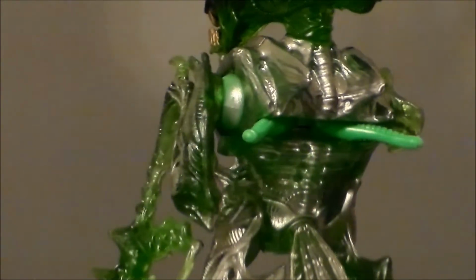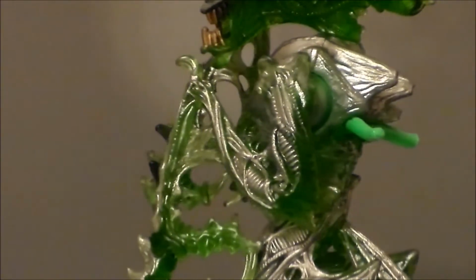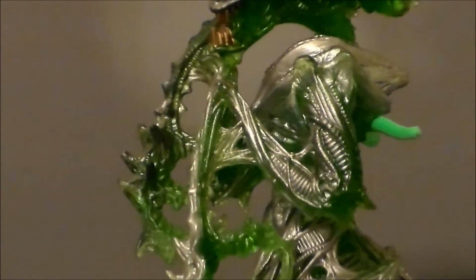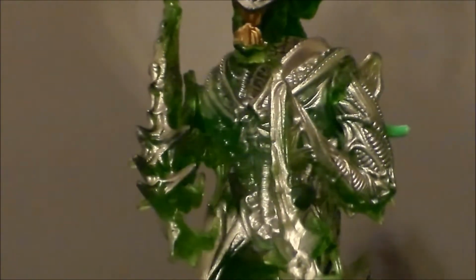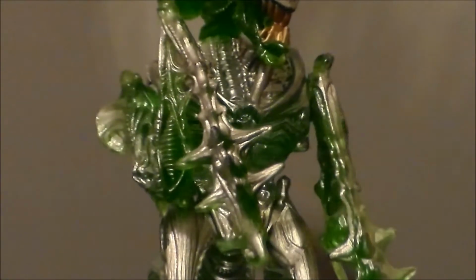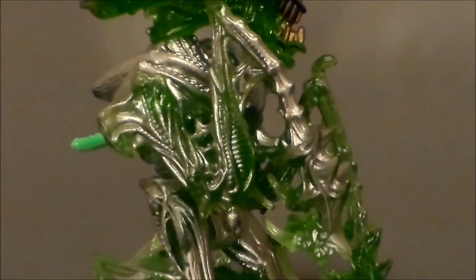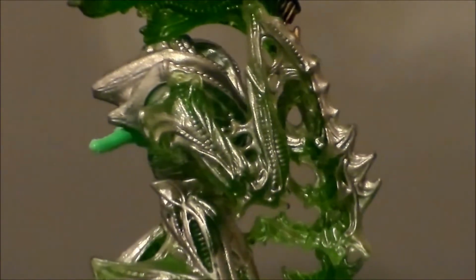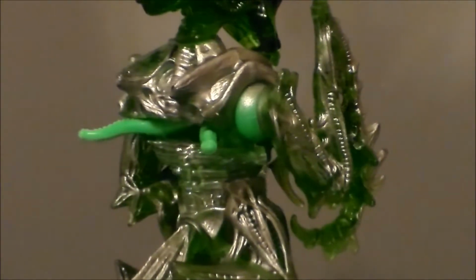So taking a look at the midsection of the figure, again, so much detail everywhere in here. The mandibles look really neat. I guess they're mandibles, or pinchers. His little arms there, very, very cool. He's got like 3 giant claws on each one of his arms, which looks really, really nice, lined with the silver. And I love how the silver doesn't completely cover the green and just gives you such striking detail